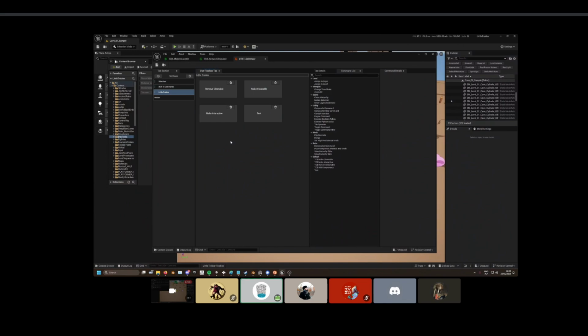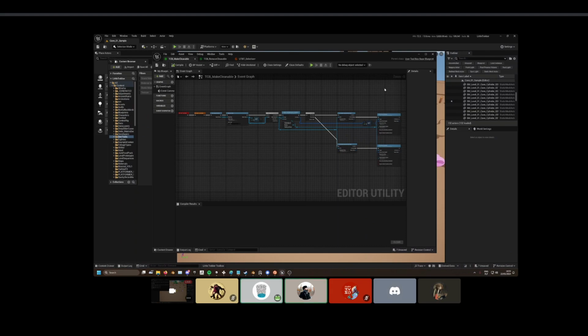Now command list. Okay, so that's just displaying all of the toolbox commands it's found in the project, right? Yes. Okay, and so separate by category. In your case, they're all in the default category, which is why they're showing there. And then that's just to make it for easy filtering. Okay. And then if you look at tab details,